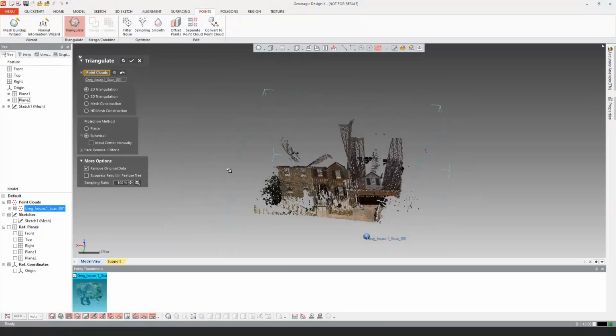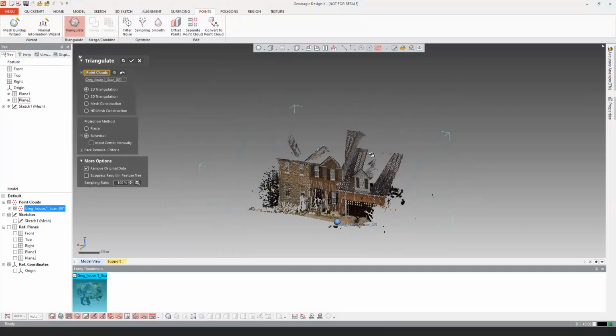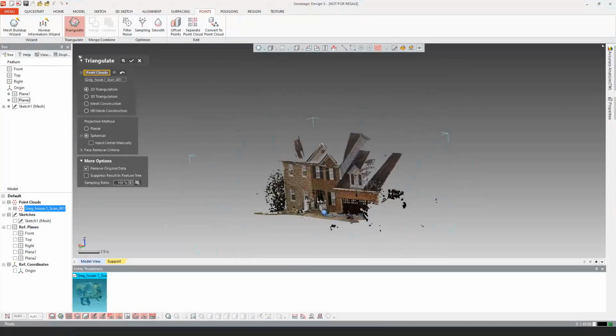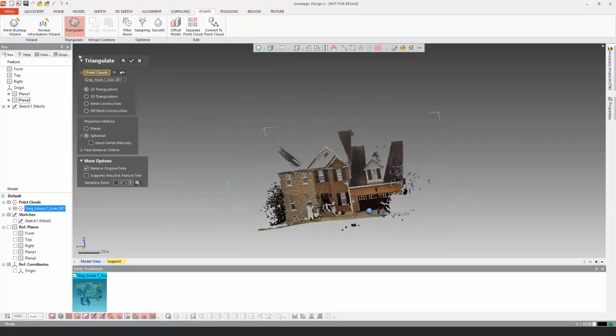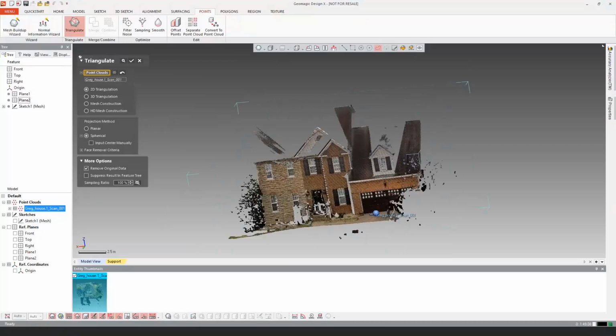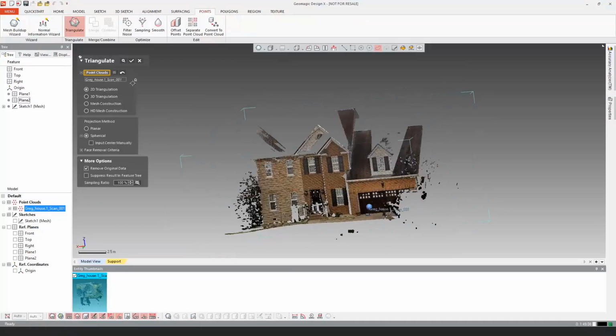So what this is going to do is it's going to take into account your scan direction, and then it's going to go in and tessellate all of your data based on that. So it's going to figure out where the scanner is looking, and where all the points are coming from, and then it's going to go through and it'll do some automatic filtering based on scan angle and things like that. So you can actually really end up with some nice surface data,